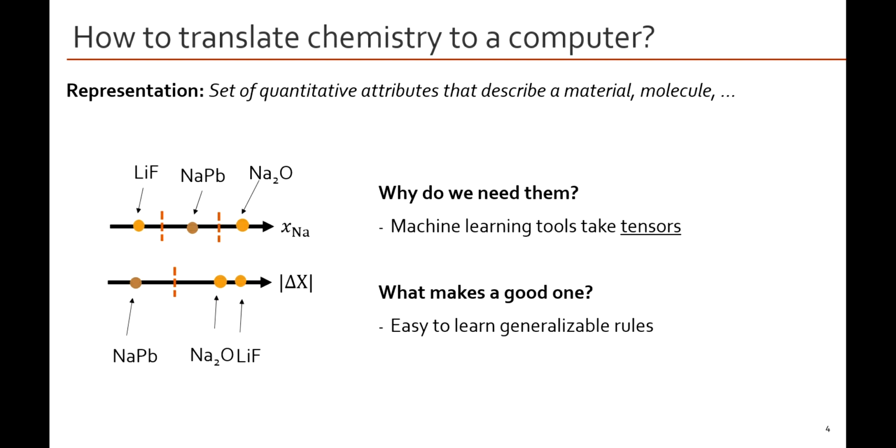Rather, if I take these materials and order them by their difference in electronegativity, I could learn not only a simpler machine learning model, but one that is bound to generalize better because it is able to learn the underlying physics. And that is the process that we've illustrated here of coming up with a representation for a material. Now that's a simple problem,